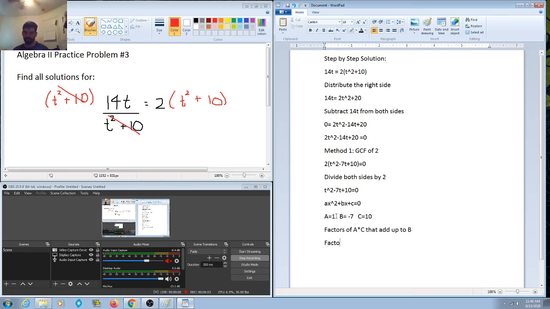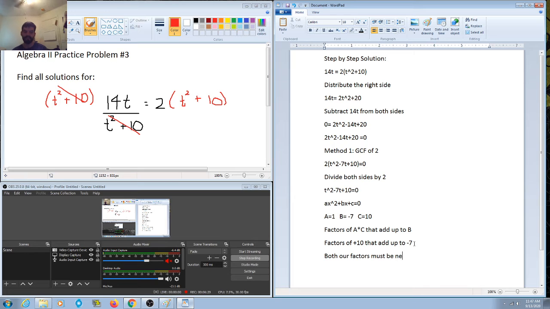So we want factors of 10 times 1, which is 10, that add up to negative 7. Here's the thing: since a times c is positive, and b is negative, both our factors